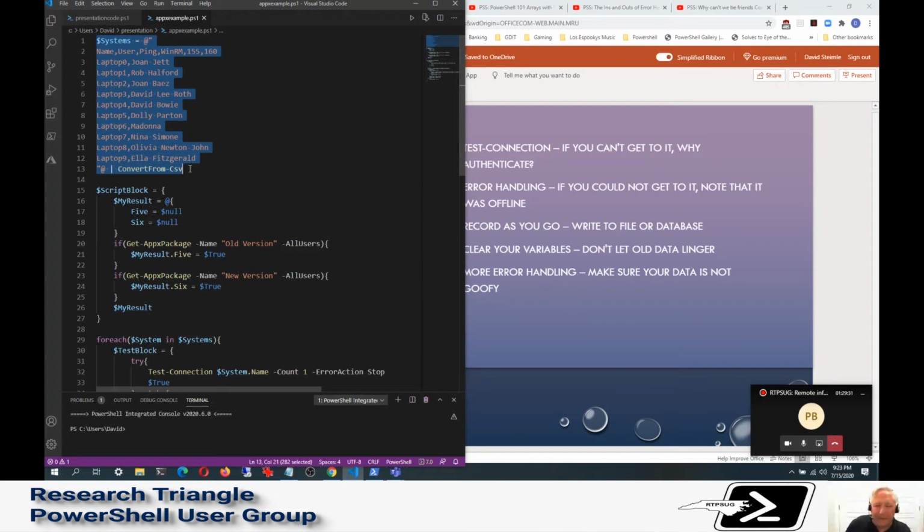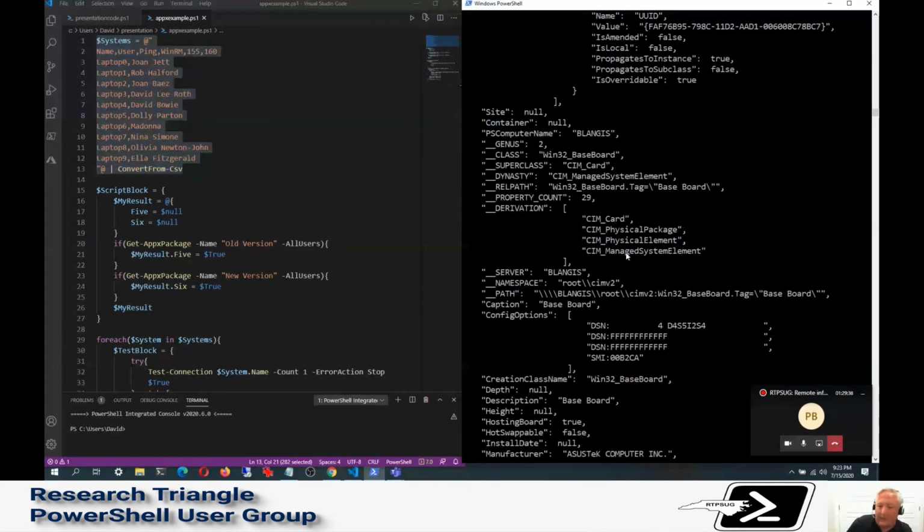I'm making a property for if I was able to ping the machine, because if I got no results, then I'd not be able to ping that. If I can WinRM to it, then I'm going to note that, because then if these are empty, I know it's not a failure. If true, true, empty, empty, then I know it's got neither of them, or I'm pretty sure it's got them. So script block, test block, we check and see if we can touch the machine. If we can ping it, we try and get in. We note that that's true. Then we try and get